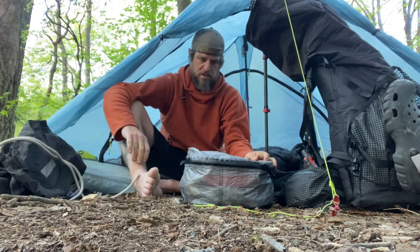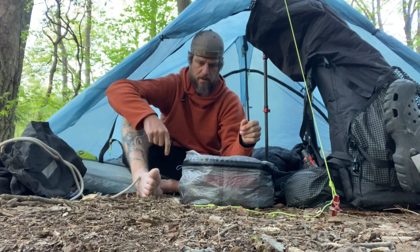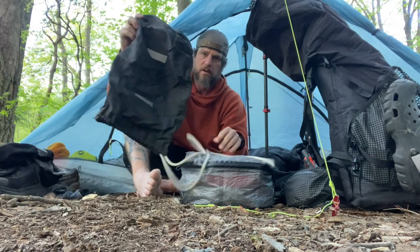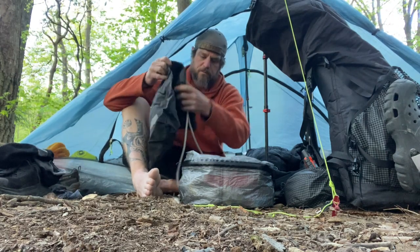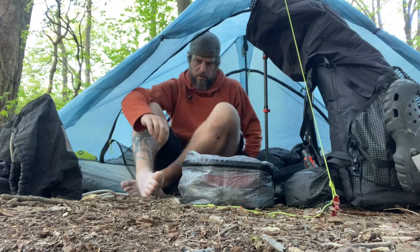So each morning I will put all my food in this, and I'll put it in my pack, and then when I get to camp, I may or may not unpack all of it and put it in an op sack, and then put it in an Ursack. So you might be wondering, why did I switch from a bear bag hanging kit to an Ursack? Well,